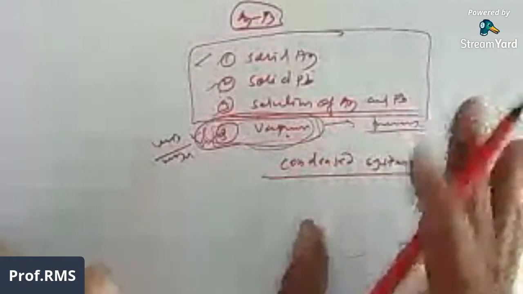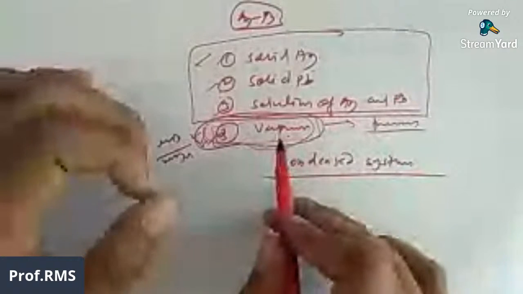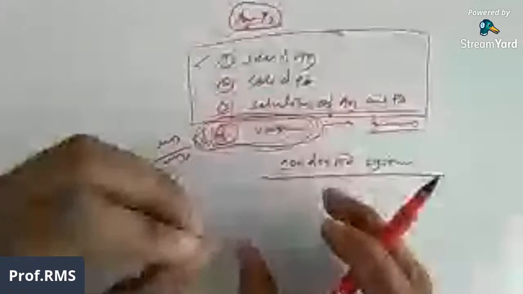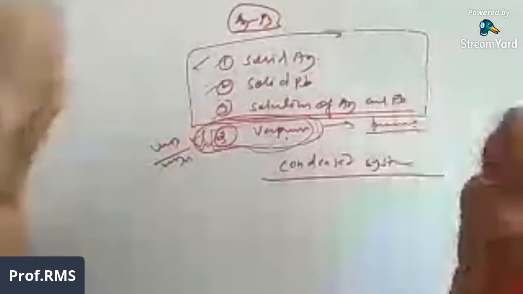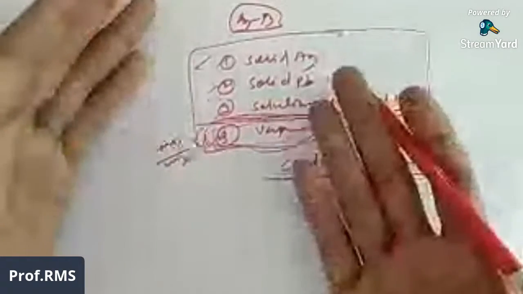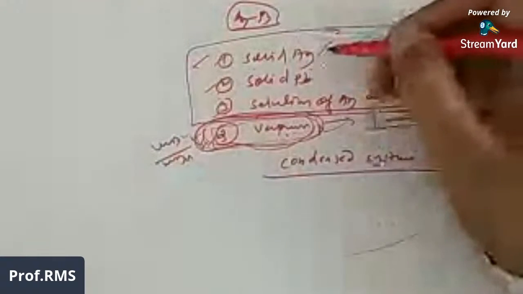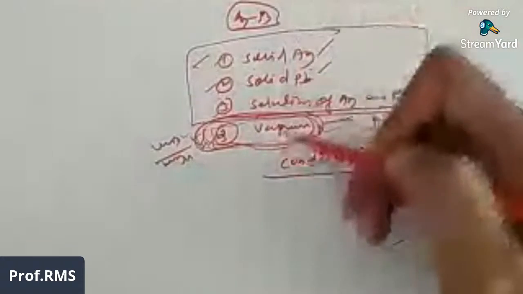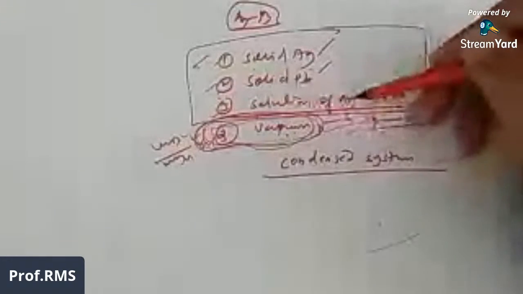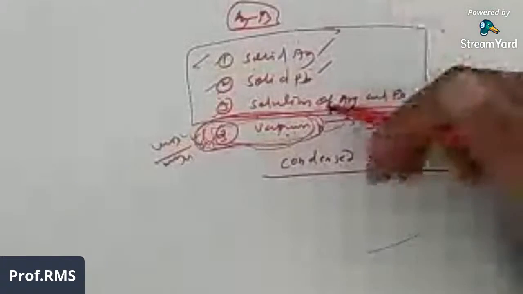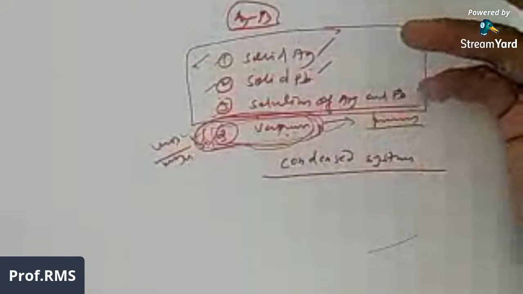You must remember that. Why is the fourth phase avoided in such a system? Because it is a condensed system first of all. What is a condensed system? It has a fixed pressure, and therefore it is a condensed system. The fixed pressure does not affect the vapor of metals, therefore we avoid the vapor phase. So we have to consider only three phases: solid silver, solid lead, and the molten solution of silver and lead, meaning both are present in liquid form. That is a solution of silver and lead. Okay, now